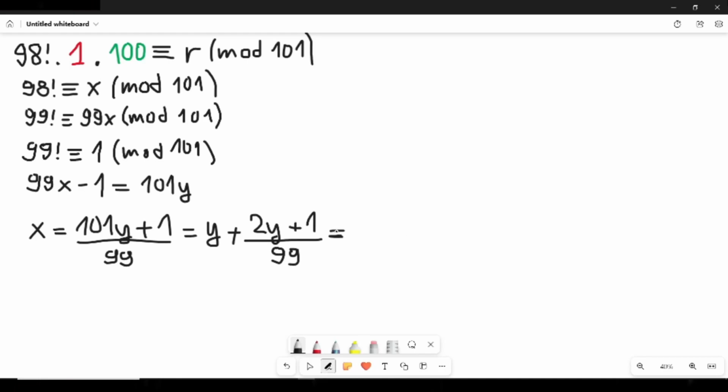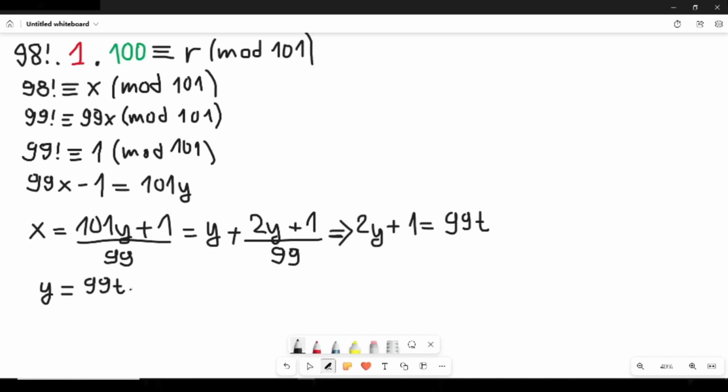This gives us the statement that if y is a whole number and x is a whole number, then this fraction is a whole number as well. So we can just rewrite it like 2y plus 1 is equal to 99, with another letter, let's say t. From that statement we can say that y is equal to